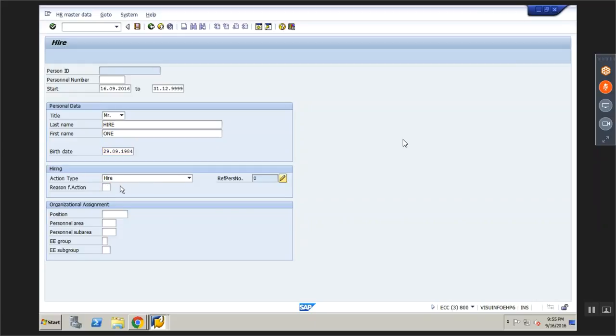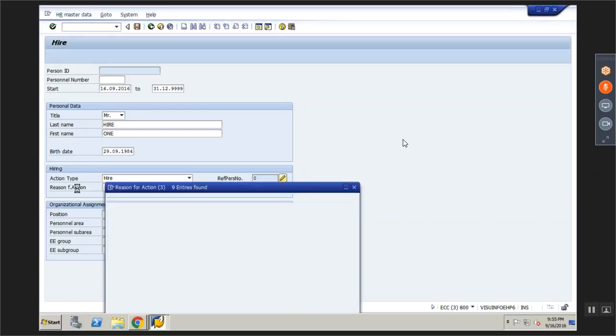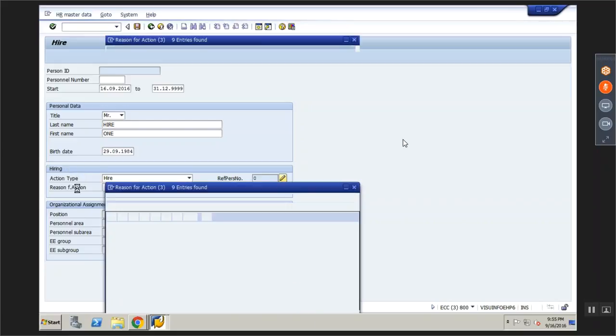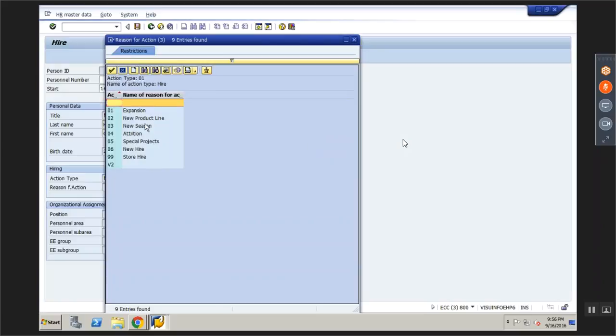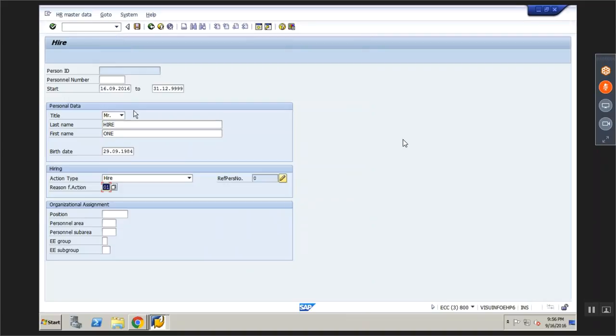And what is the reason for hiring? If the configuration maintains the reason, you can also give the reason. So if you see hiring and action type, this is again a backend configuration. For example, these are the reasons available. So for example, I am taking expansion.